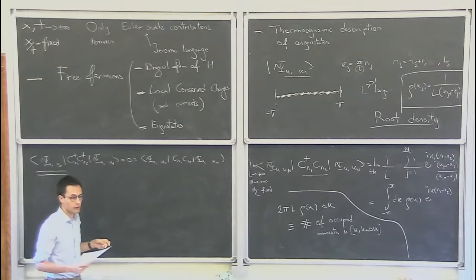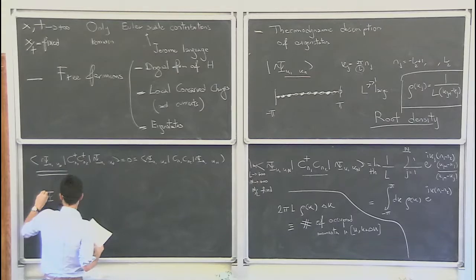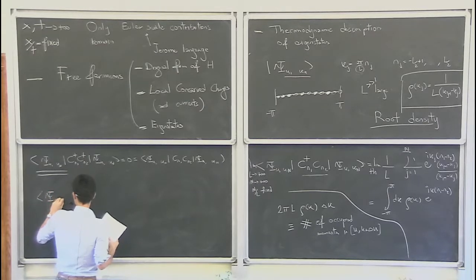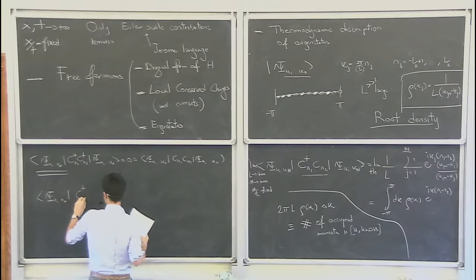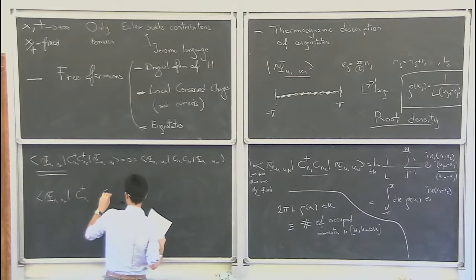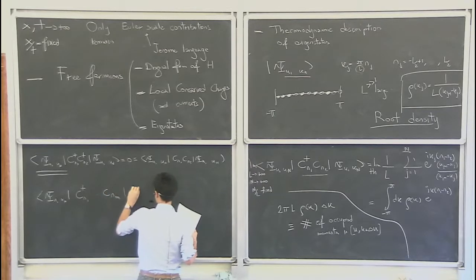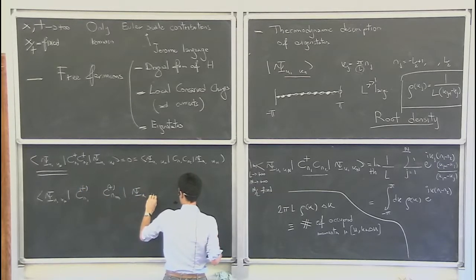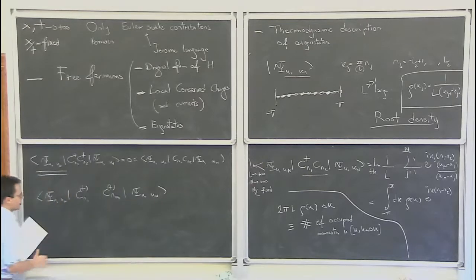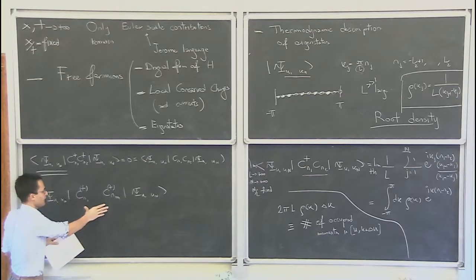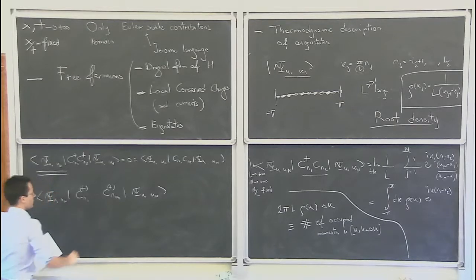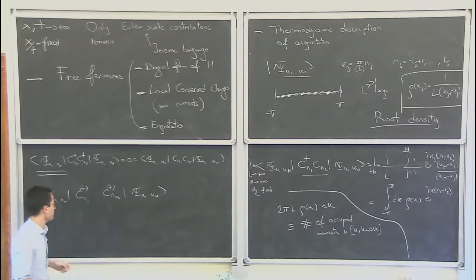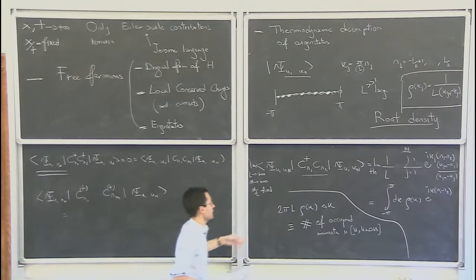So I can decompose any correlator, any expectation value of an arbitrary number of fermionic operators, which can be either with dagger, and it is always written as